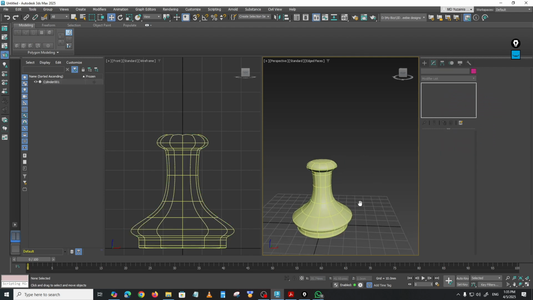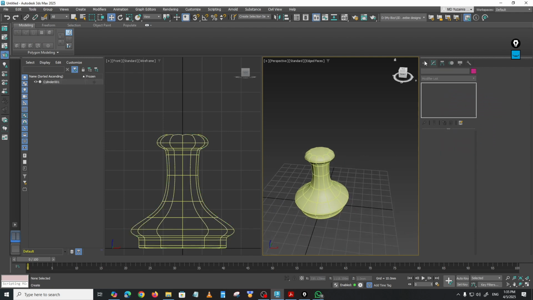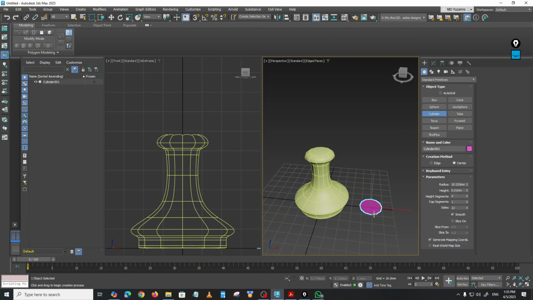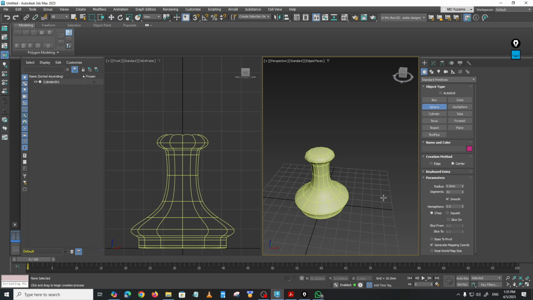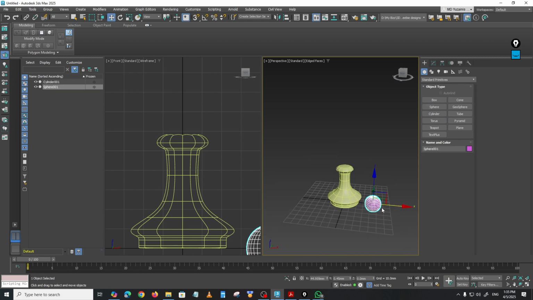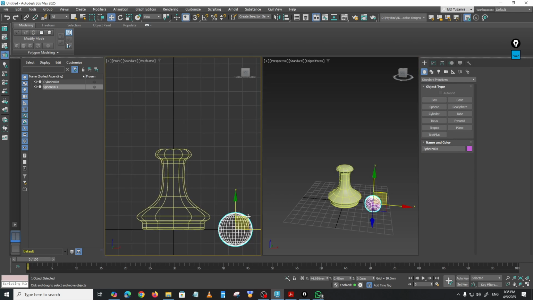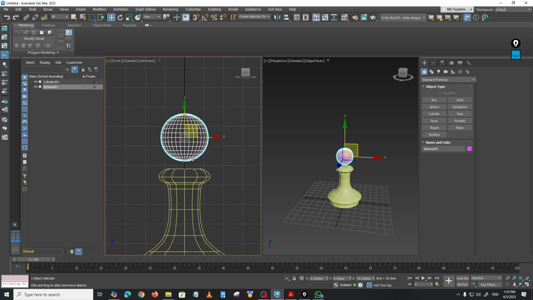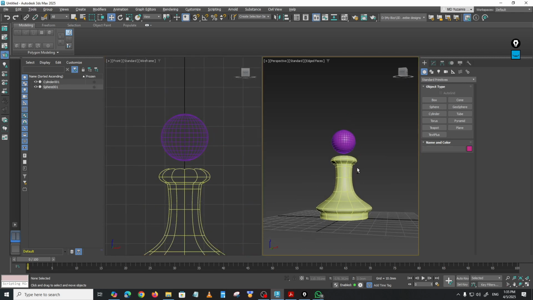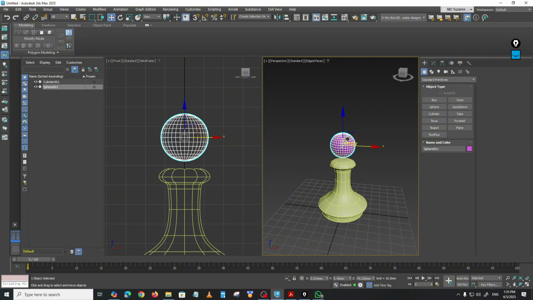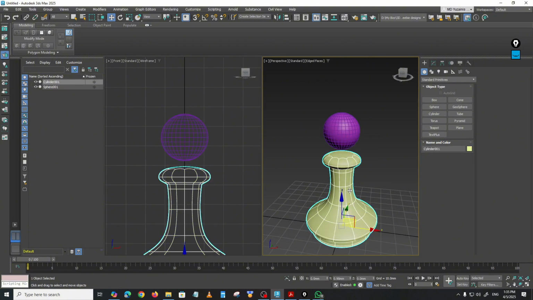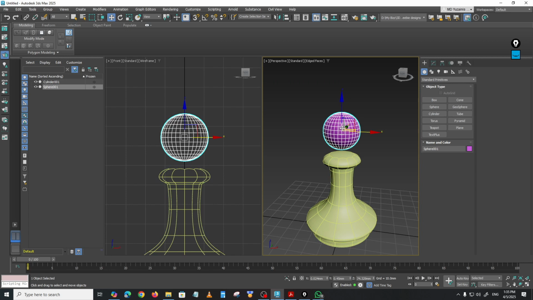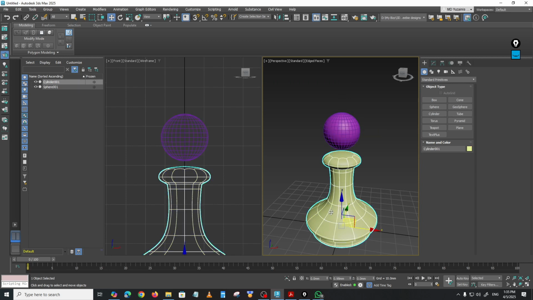Then click outside. I'm going to add another object. Create a sphere. I'm going to create a sphere on the side, not a cylinder. A sphere. I'm going to put it on the front view. Now this will be difficult for me to center the object. So how am I going to perfectly center this sphere to the chest pawn